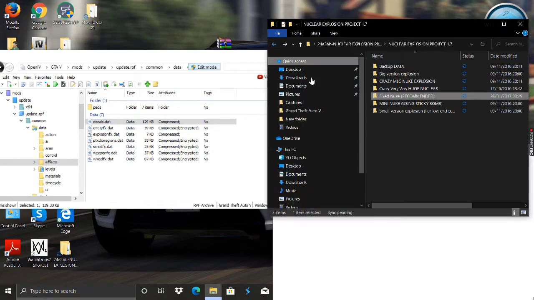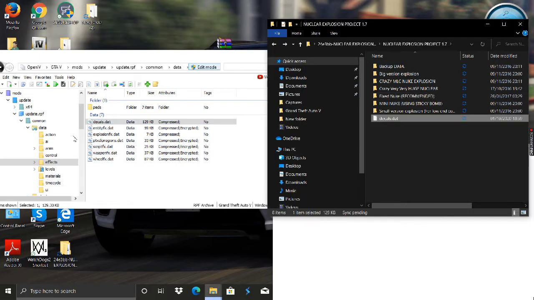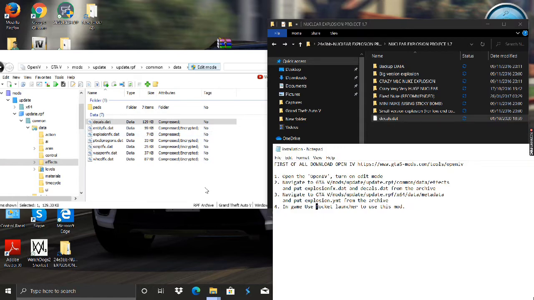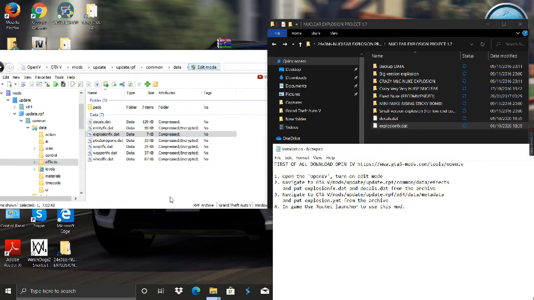And before doing the replacement, just copy the original file as I am doing, because if you face any problem in future you can again replace this file and make your game normal as it was previously.